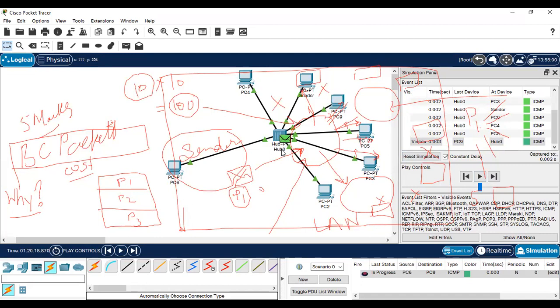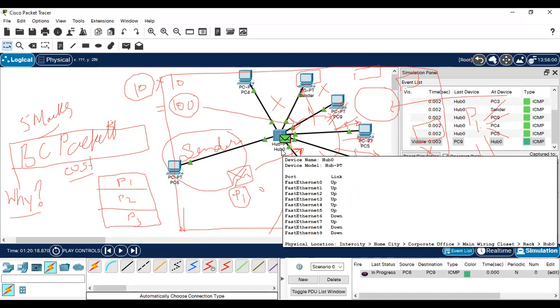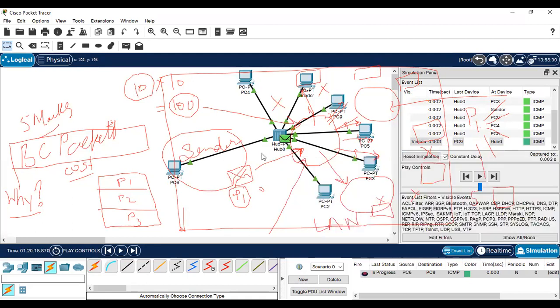Now you know the hub will always broadcast, so again the packet will be copied and sent to all the active nodes except the one from where it has been sent. It has been sent from PC9, so it will not send this acknowledgement back to PC9, and will send to all the nodes connected here: PC6, PC4, sender, PC5, PC3, and PC2.